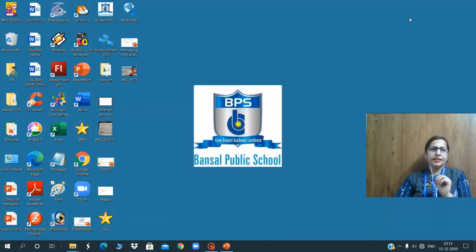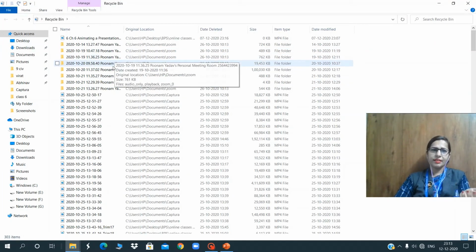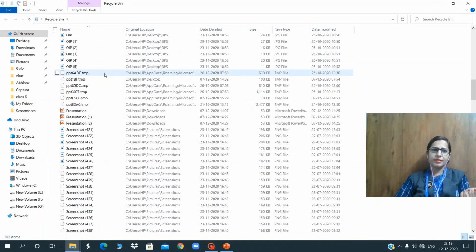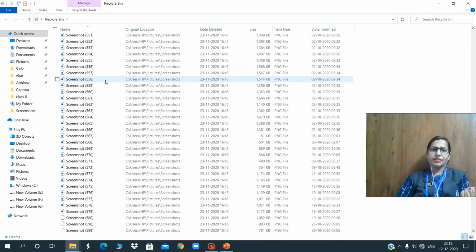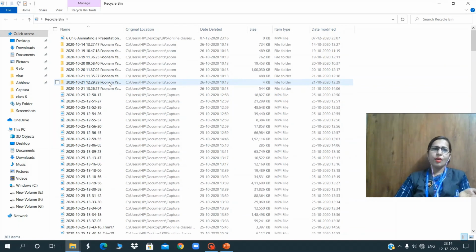Whatever we delete will be stored in our recycle bin. You all know whatever we have deleted right now, all these files which I have deleted, are kept in this recycle bin. Now I want to restore that file.